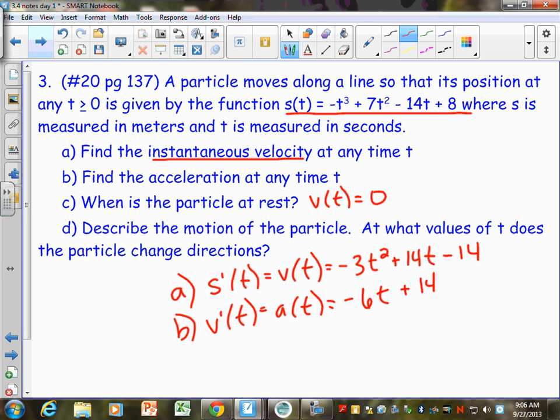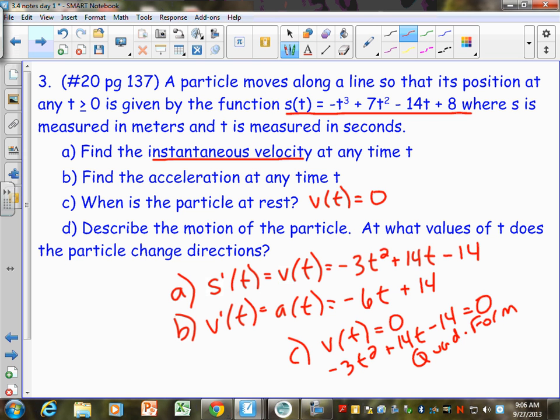The solving it part is just kind of annoying because this one is also quadratic, which means I really don't want to waste the time of doing it for you because I feel like we can do the quadratic formula. But we would solve this: negative 3t squared plus 14t minus 14 equals 0. And then let's just write underneath that the quadratic formula. Are you okay if I just tell you the answers to that? It works out to be at 1.451 seconds and at 3.215 seconds.